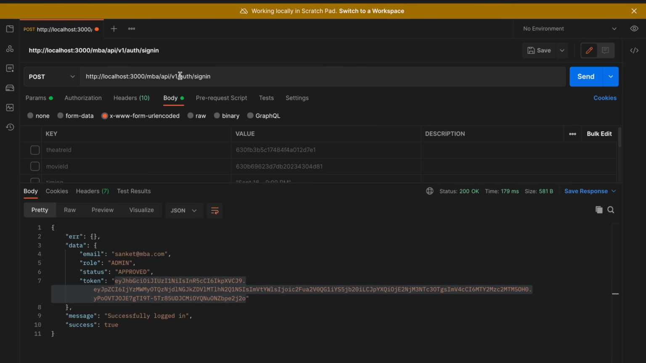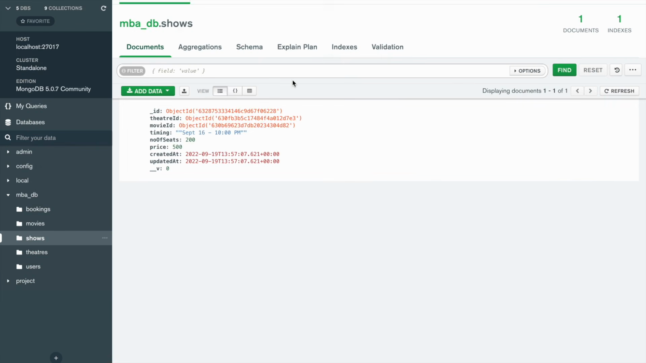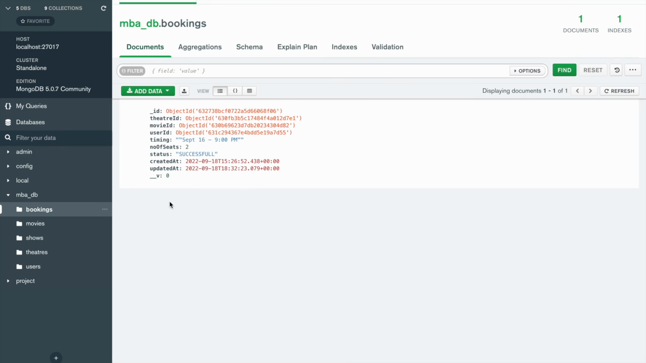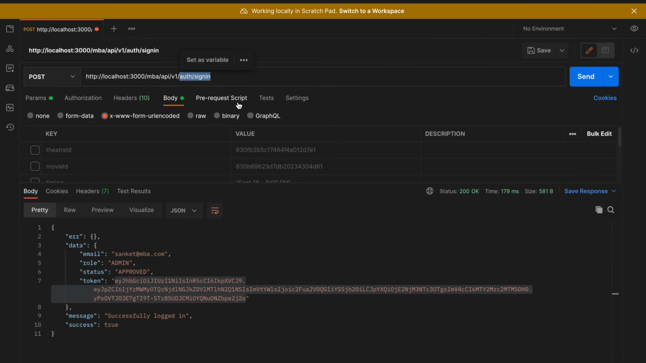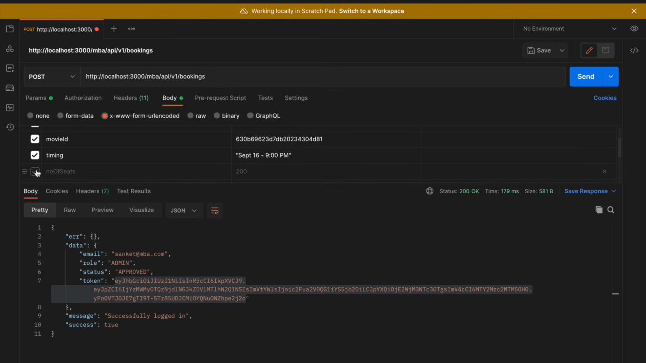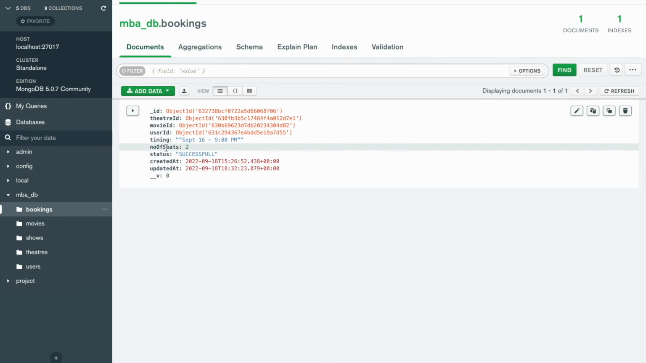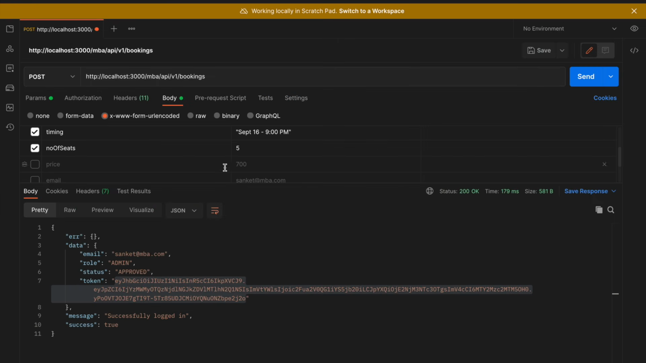Now, first of all, we have to try to create the booking, right? If you go to booking, because based on the booking only we'll be able to make the payment. So let's create the booking for a movie and a theater. So /bookings, right? We are going to put a theater ID, a movie ID, timing, and let's say number of seats. We are going to put this as 5, right? And user ID we are going to automatically take up. So if we send it,